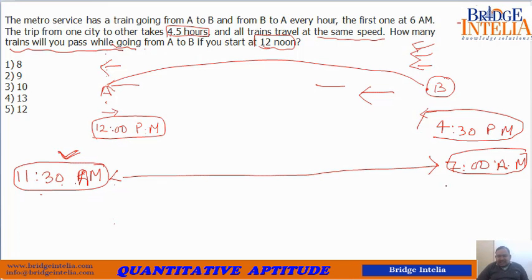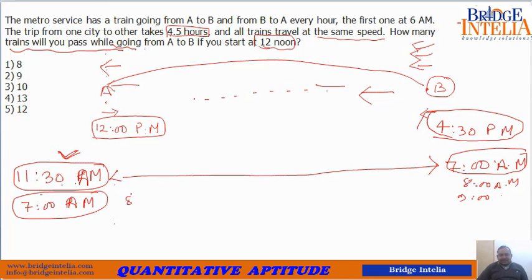So what about the other trains? The train which starts at 8, the train which starts at 9. Obviously you are going to meet them midway, because you are reaching here at 4:30 p.m. So this 7 a.m. train will not be counted, but after this, the 8, 9, 10, 11, 12, then 1, 2, 3 and 4 trains will be. Because you are reaching here at 4:30, all these trains have started before you reach here.